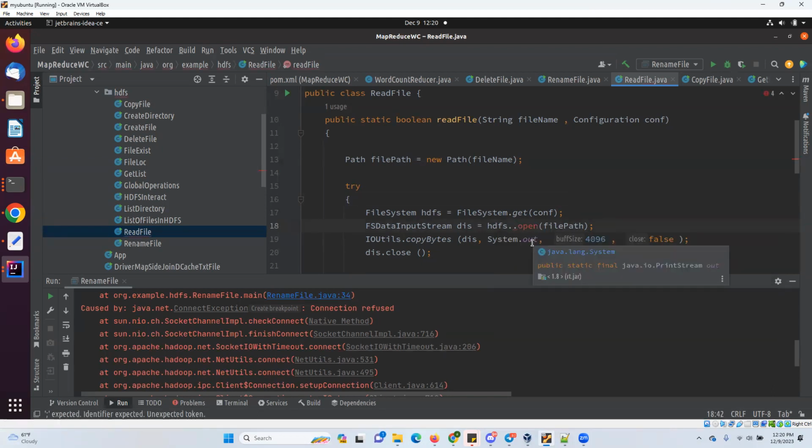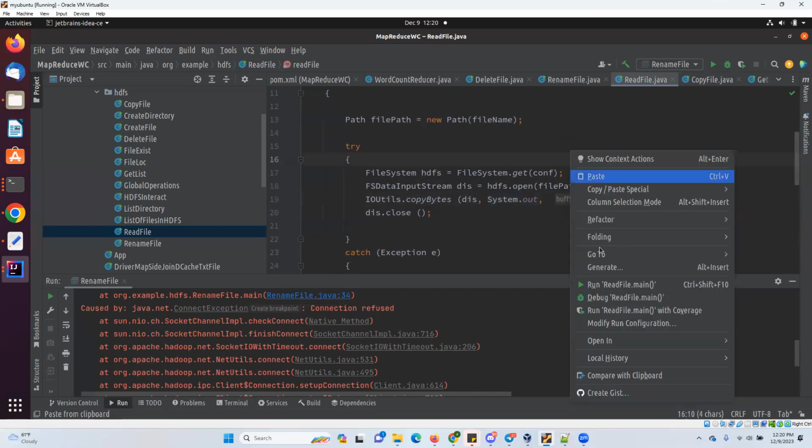So when you do open, this open will read a file and it will show it as output on the console. So this is the code with System.out and System.in. Those two things are there. System.in is used for taking input from the keyboard, and System.out is displaying your output, whatever data input stream you want to display on the output. And you are giving a 4096 buffer, right? In this much buffer space, you can output. Okay. When I run this code,